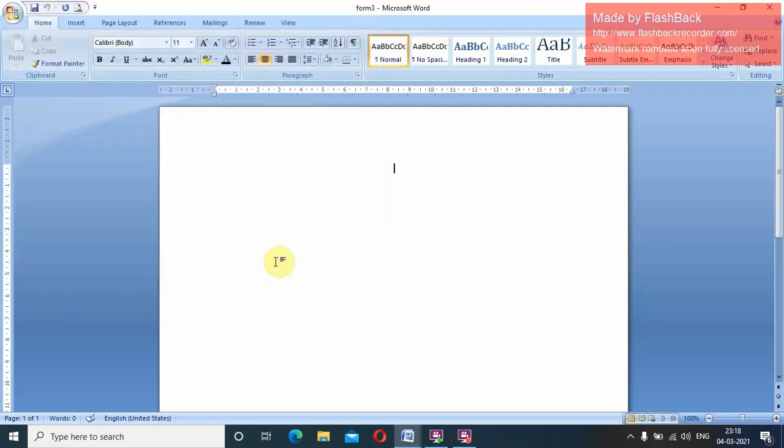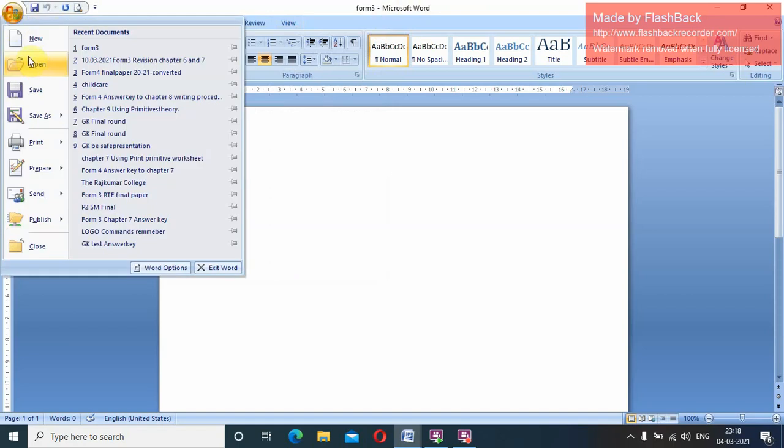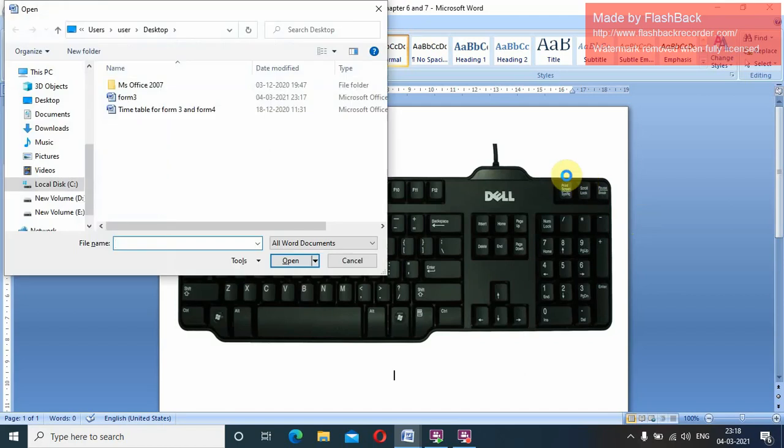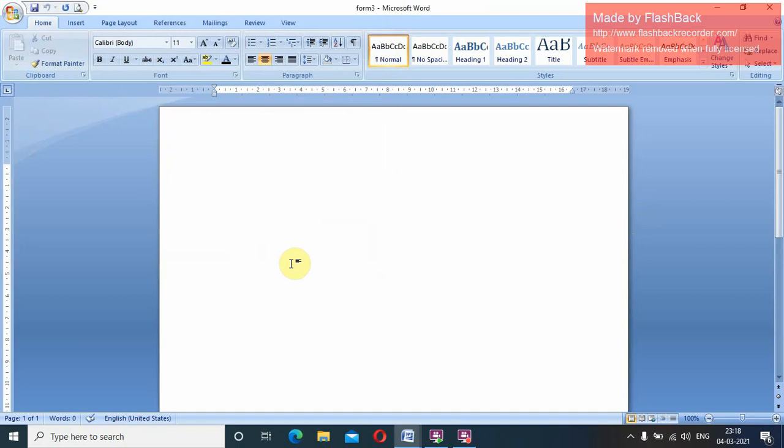Open. As it is already open, let's do another file like revision. Open, right? Control O, open form 3. So this way you can open your file.